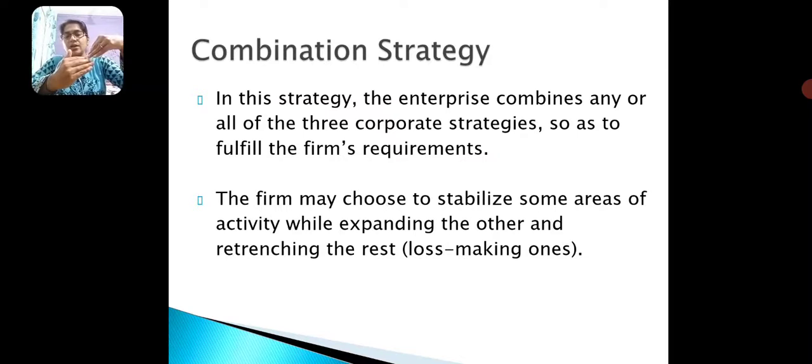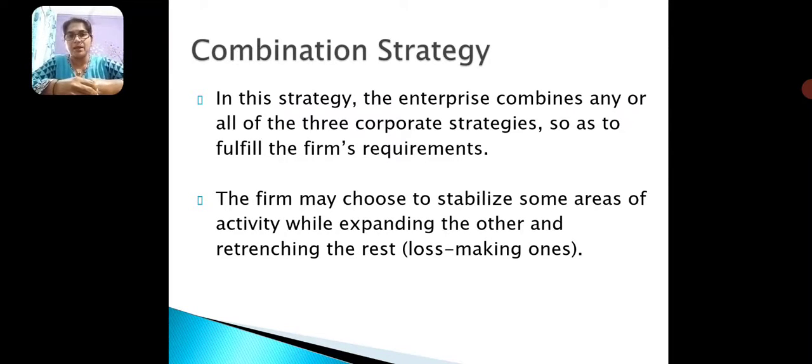Different variants are taken, market share and growth profile, and then they decide which business unit to give more importance, where to go for divestiture, where to do expansion, and where to maintain